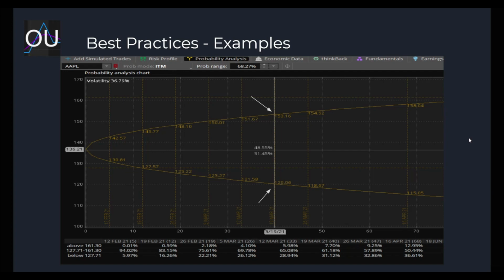So another way of looking in Thinkorswim, you have the probability analysis window. I don't use this window that much, but you can take a look at this in Thinkorswim. You can set up your probability range. In this case, I chose 1 standard deviation. I'm looking at the Apple chart. I'm looking out at the March